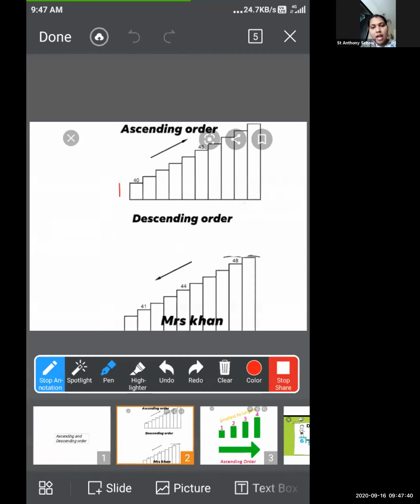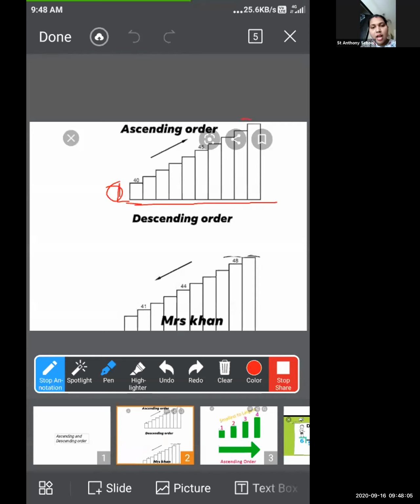Okay, see, the staircase is there. Staircase means सीढ़ी, आपको पता है ना, स्कूल में आप आते हो तो सीढ़ी चढ़ते हो ना, फर्स्ट फ्लोर पे जाने के लिए, सेकंड फ्लोर पे जाने के लिए. So when we start to climb the staircase, it is from the smaller number to bigger number.